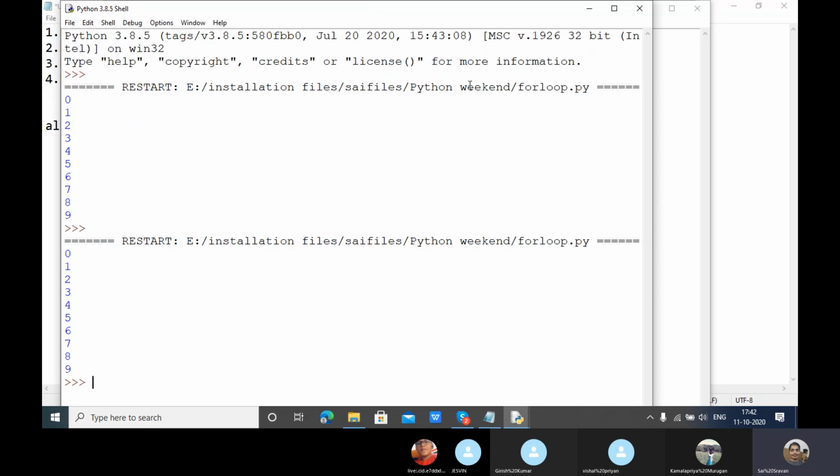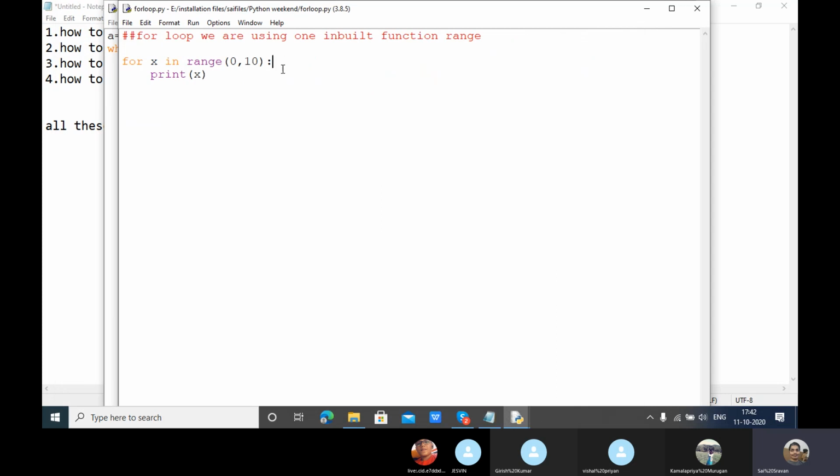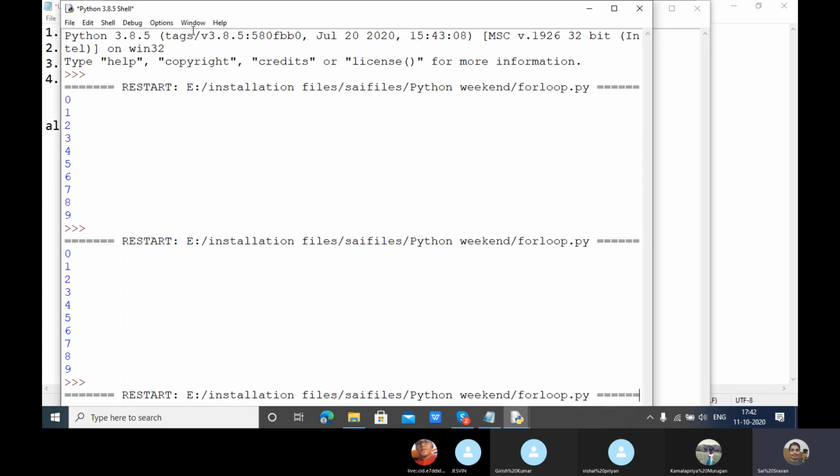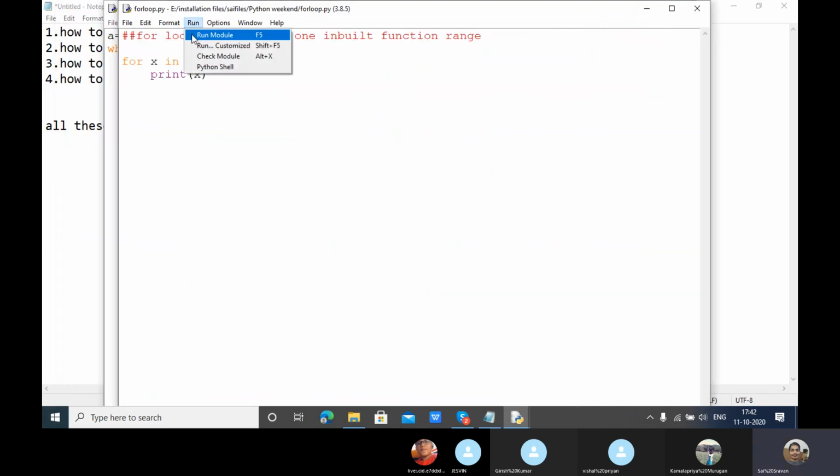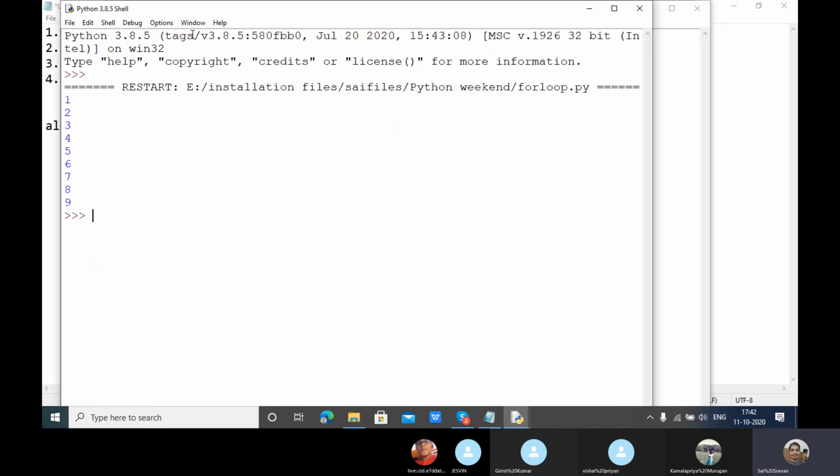If you give 1 here, see, now it runs from 1, 2, 3, 4, 5, 6, 7, 8, 9.